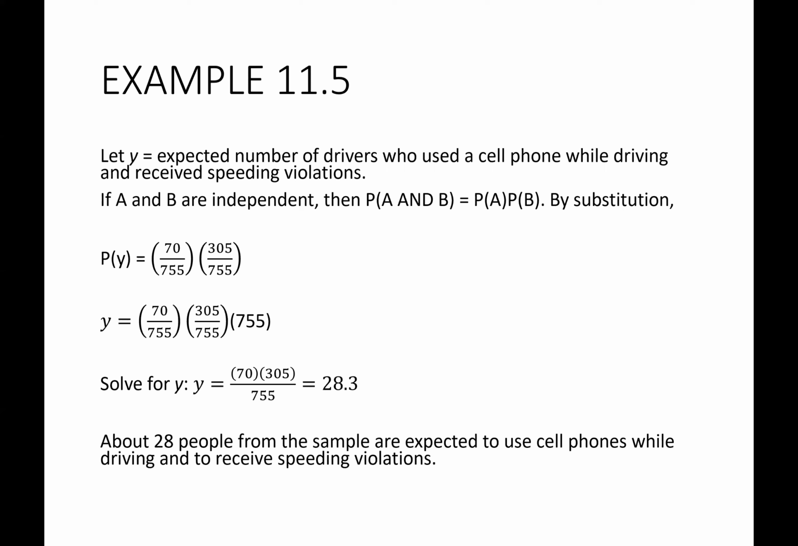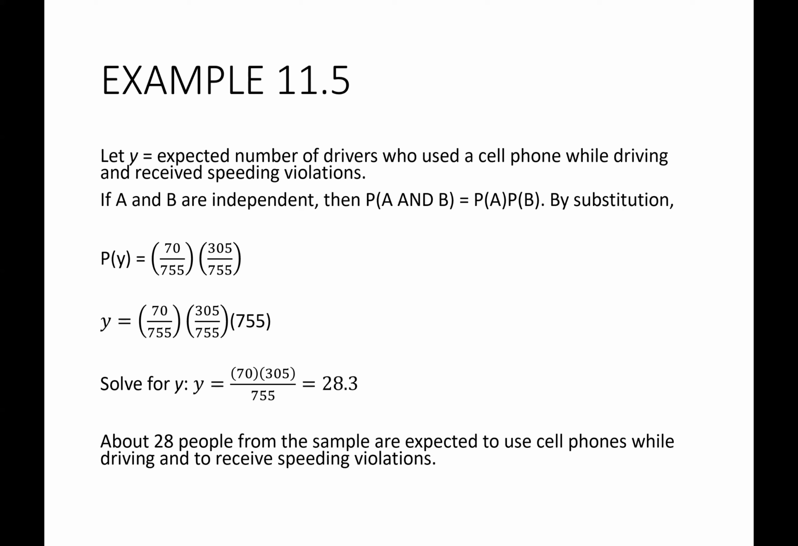So this is someone who was using their cell phone, they were driving, and they received a speeding violation. If they're independent, the probability of A and B occurring is the product of the two probabilities. So the probability that you were using a cell phone while driving and received a speeding violation would be the probability of using your cell phone, which there were 70 out of the 755 surveyed,